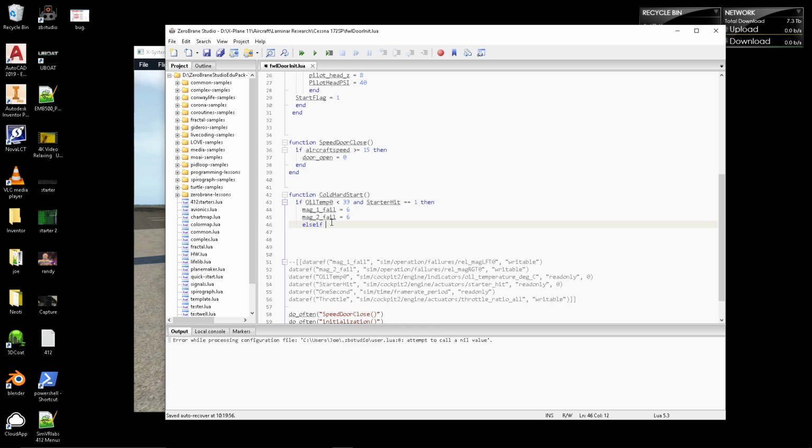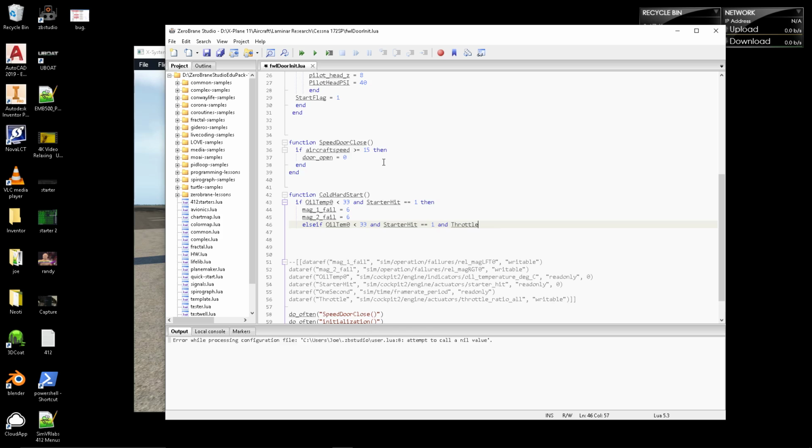So else if is just like, if this isn't true, then move on to this one, but keep it in the same conditional. It's a little bit hard to explain, but just stay with me here. So else if oil temp 0 is less than 33 and starter hit equals 1 and